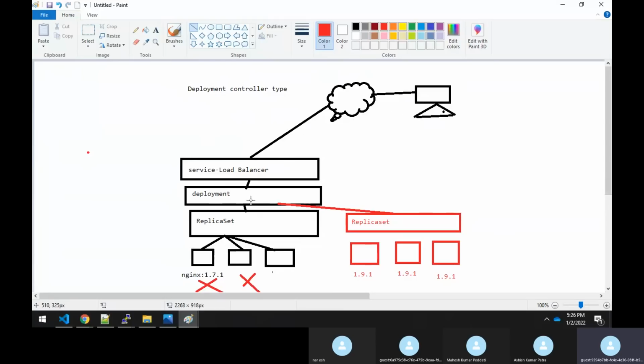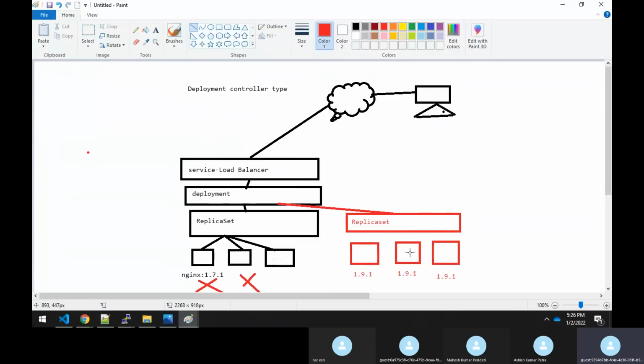The deployment has maintained the endpoint for both replica sets, so it might send the traffic to the old replica set, or it might send the traffic to the newly created pod with version 1.9.1. In that way, you will not see any downtime at all. It means that at any given point of time, there will be some pods running in the Kubernetes cluster, when it comes to the deployment.